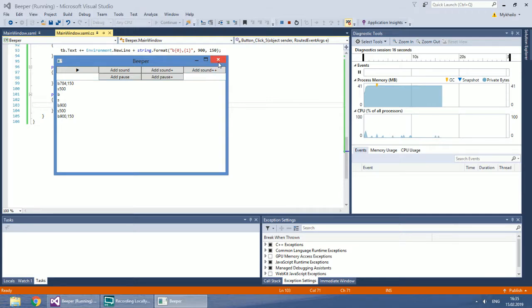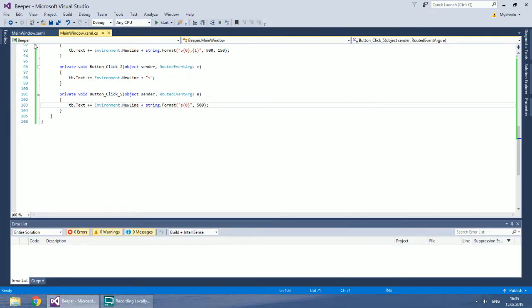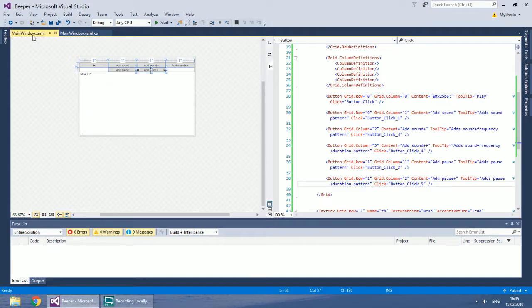We can only insert identical samples with set values right now. But it isn't hard to add samples with random values. I will start with adding a random pause button.